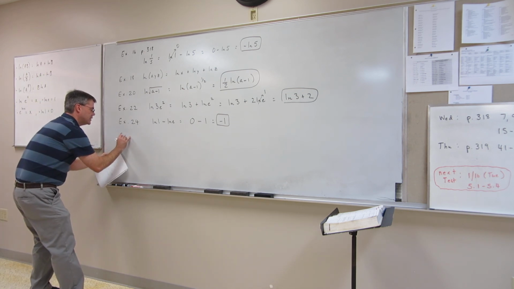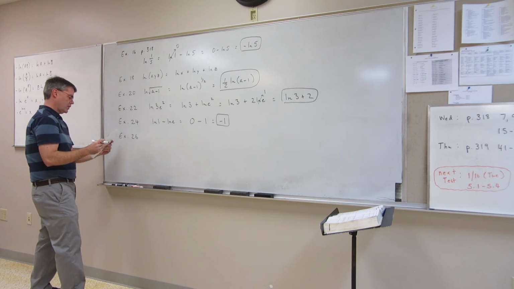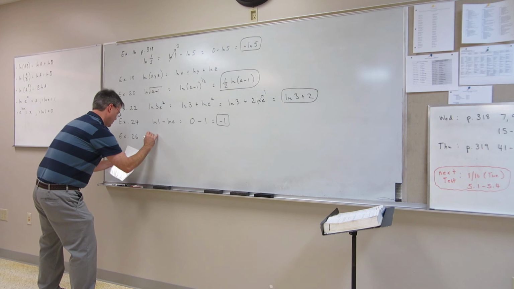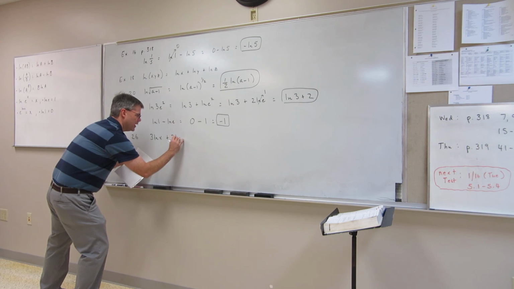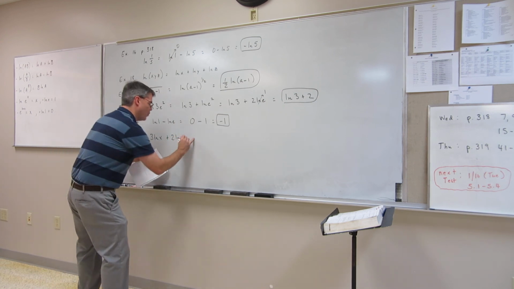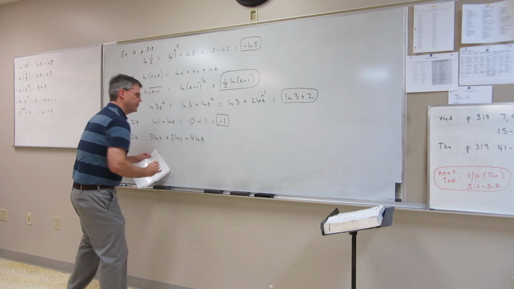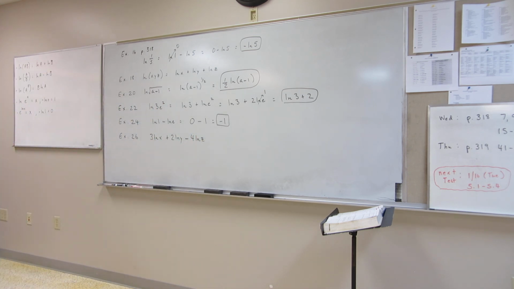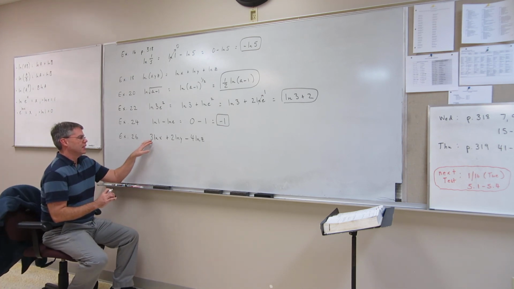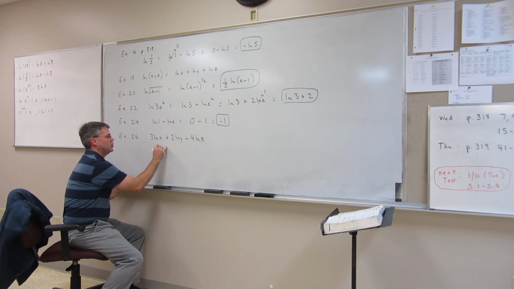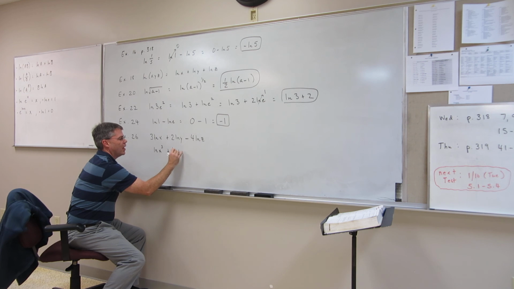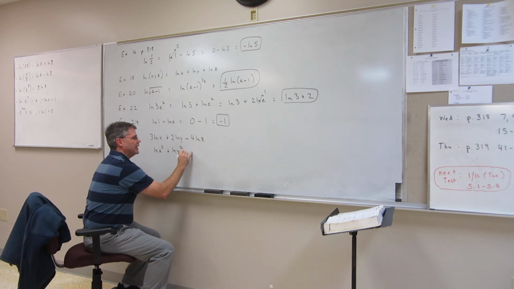All right, number 26. We have 3 natural log of x plus 2 natural log of y minus 4 natural log of z. Now the first thing you always want to take care of is, let's go ahead and make these coefficients into exponents. All right, so I'd have natural log of x cubed plus the natural log of y squared minus the natural